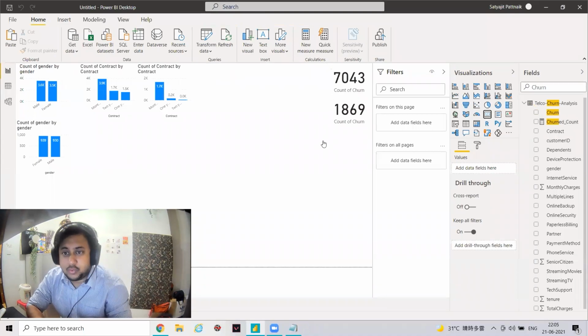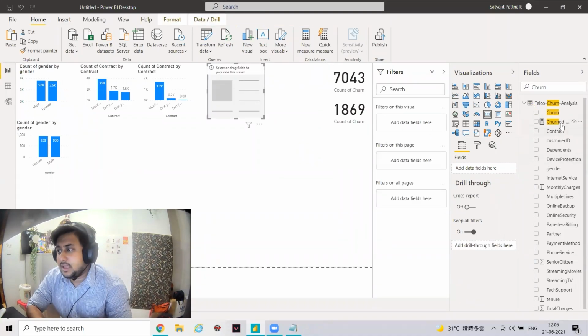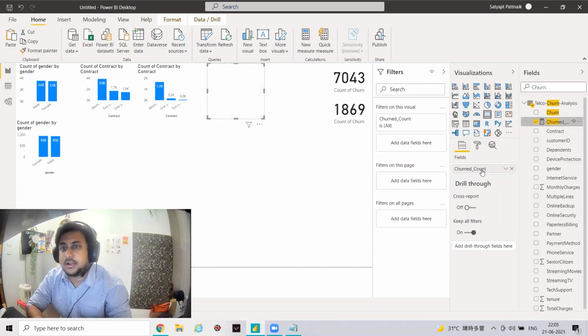So I'll create a new card, and in that I will just add the churn count 1869.